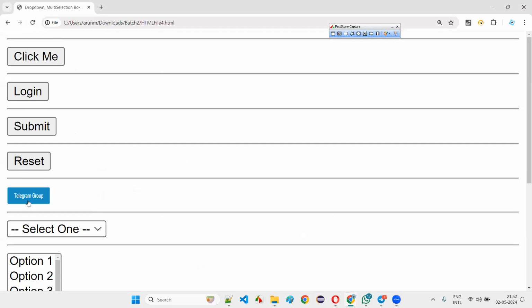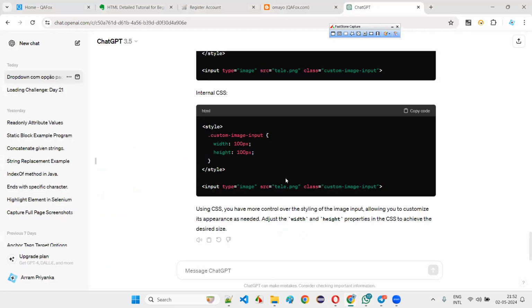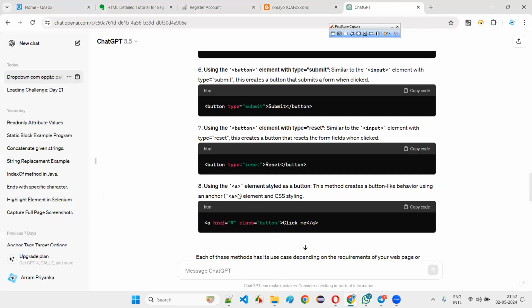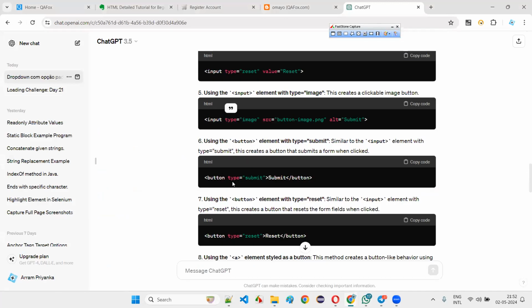You see, this is also a button. We are able to create an image button here. Now another type of button that we have seen anyhow, we'll try to cover that also. Image button we tried. Type is equal to image. Input type is equal to